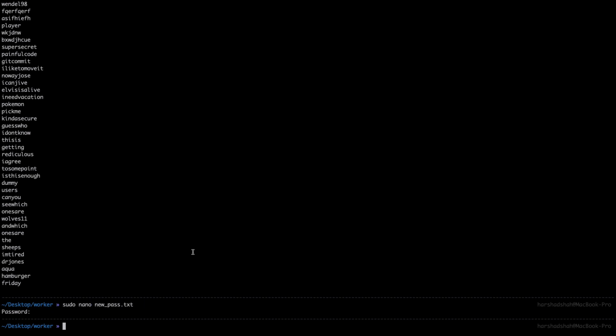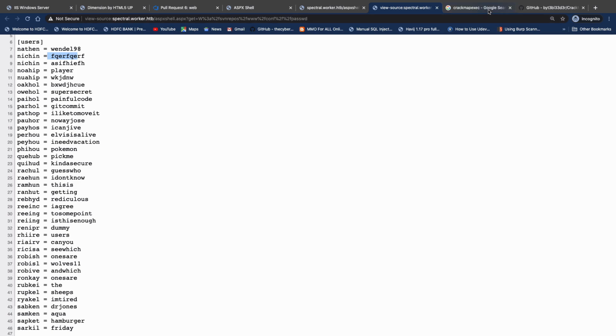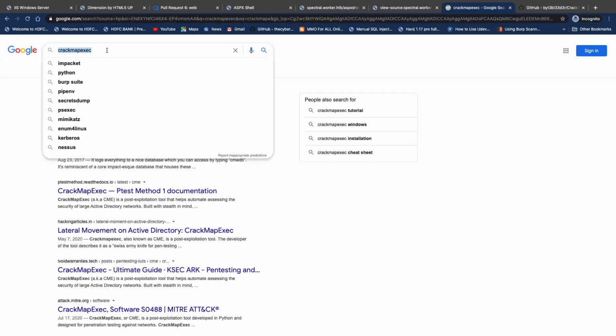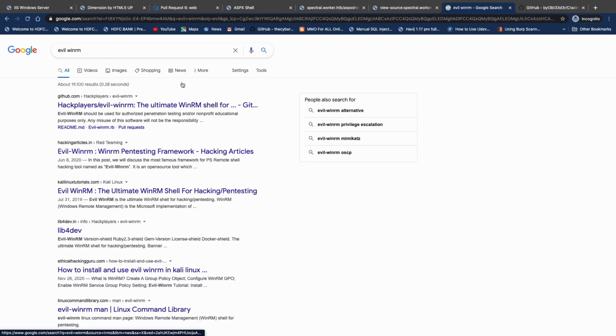Now what else can we do with this section? So we can log in using the tool called Evil-WinRM. So why are we using this tool, let me explain this to you. We just go to Google and search Evil-WinRM, and you search it here. So when you go to this section on GitHub,